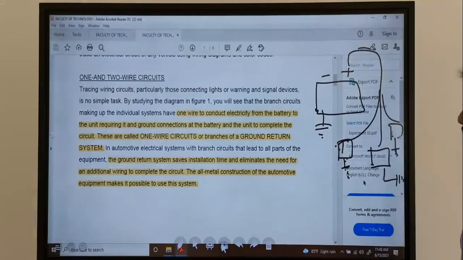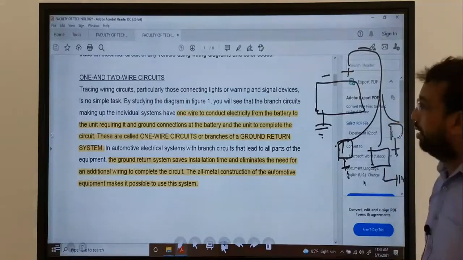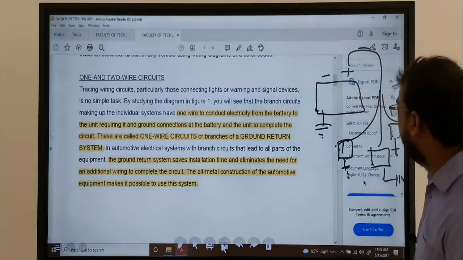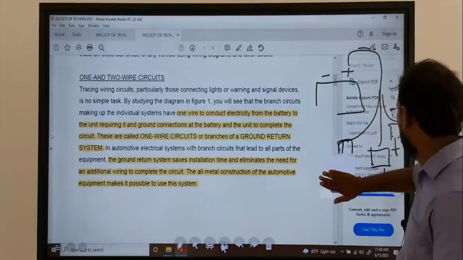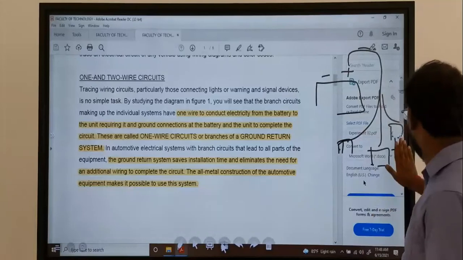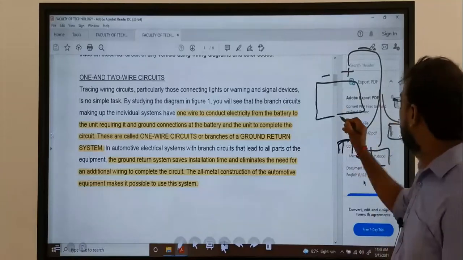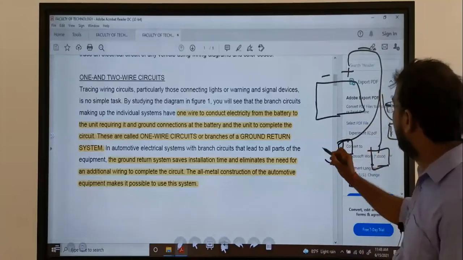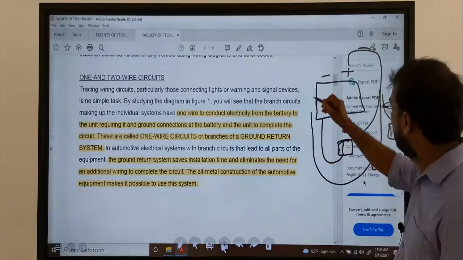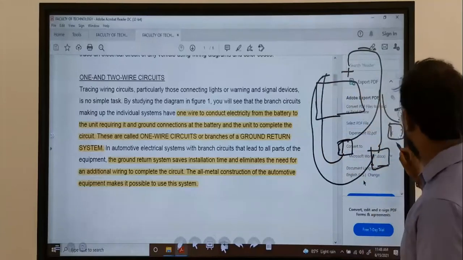So this is a simple form, but there are also two-wire circuits. Two-wire circuits mean there is no ground like that. In every accessory, each accessory is again connected to the minus.